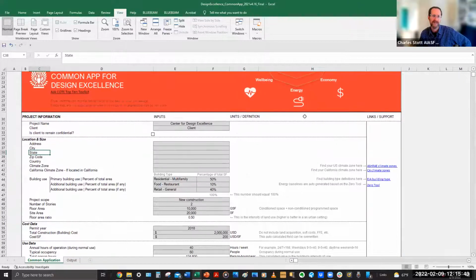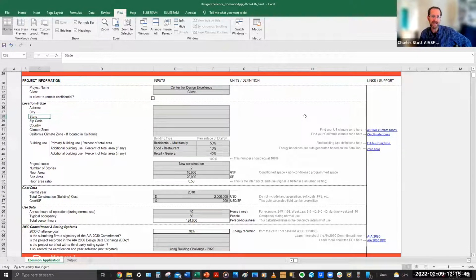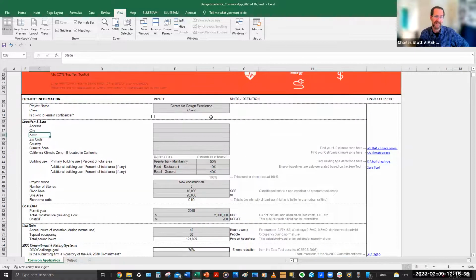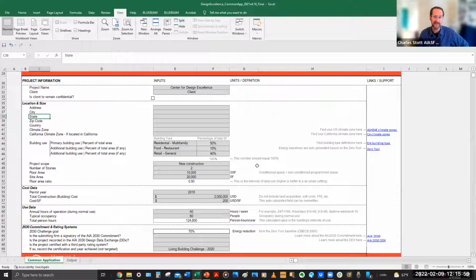Great. So project information is your first section. It's basic information, but it's a critical one, to Mark's point, so make sure you fill in all of this. You give your project name, location, and size, which is pretty self-explanatory. Building use: if it's a single family home, it's pretty straightforward.